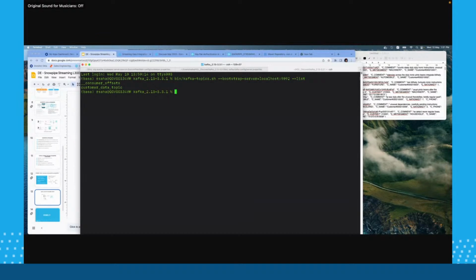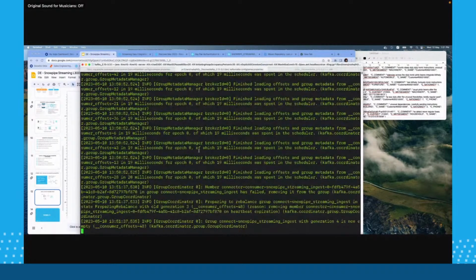Well, I do have a particular topic created out here, which is called customer data topic. So who created this particular topic? When I ran this lab just before coming over to this session, I had initiated the Snowflake Kafka connector, right? And the Snowflake Kafka connector automatically creates that particular topic in the background, and it also creates the target table.